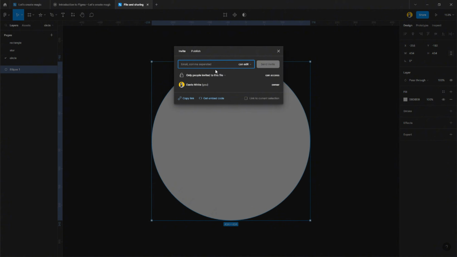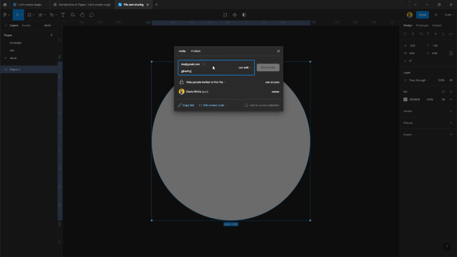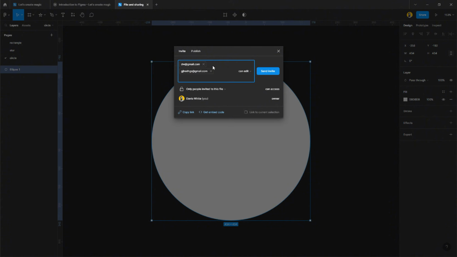So if you want someone else to be able to have access into this file, what you need to do is type their email. So I'm going to use my name, dw@gmail.com. All right, so that email hasn't been taken, and I'll press comma. With comma, I can type in more at gmail.com, comma, and you can add as many as you want, and you can also give them permissions. So what permission do you want to give to them? Can edit,